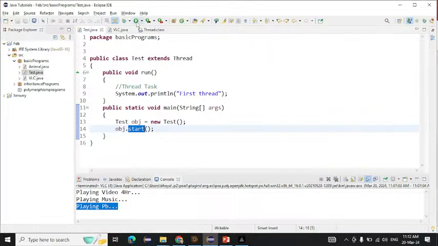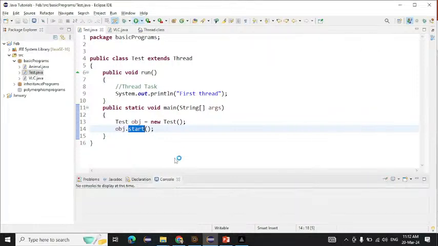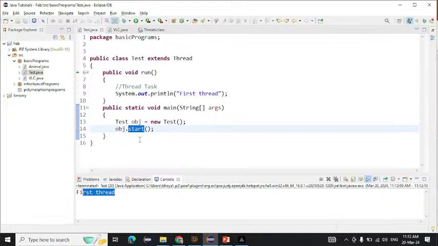If I run this one now, see what will be the output? We will get it on the console. First thread. Now another thing is that suppose I am removing this start from here,